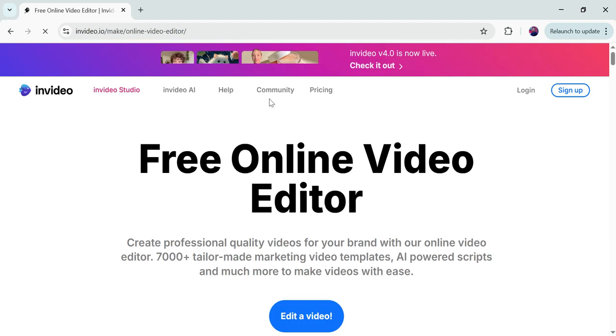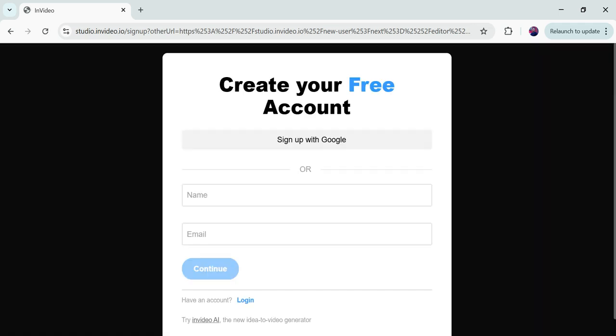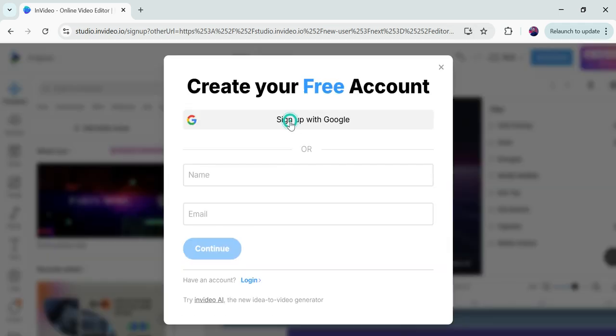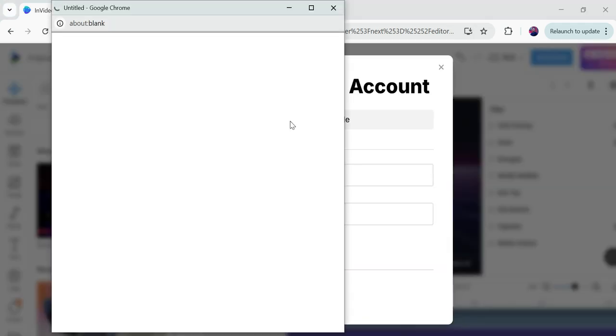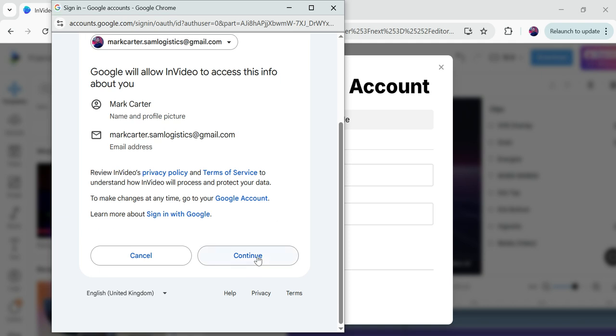So we also need to create an account on this website, so I will just go step by step here, and I will show you how you can do all of these things together. Okay, so I will sign up with my Google account. So I will select my Google account and I will continue.